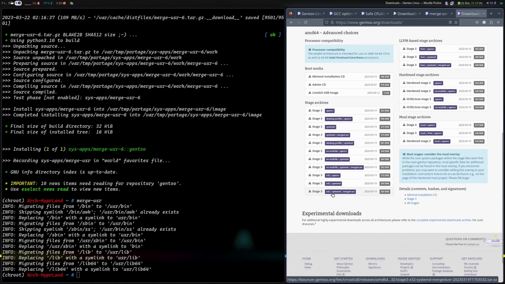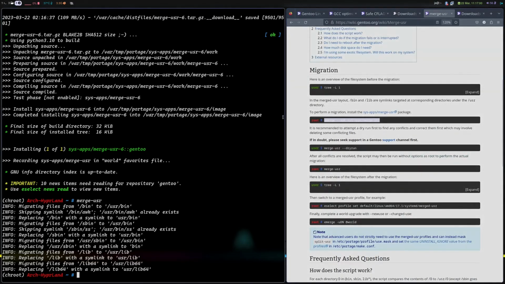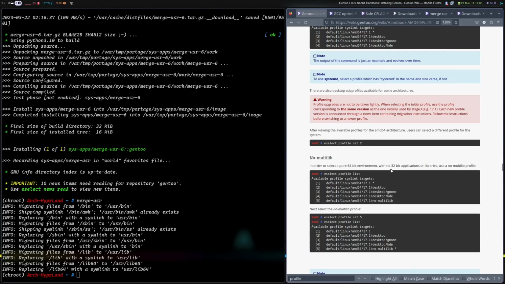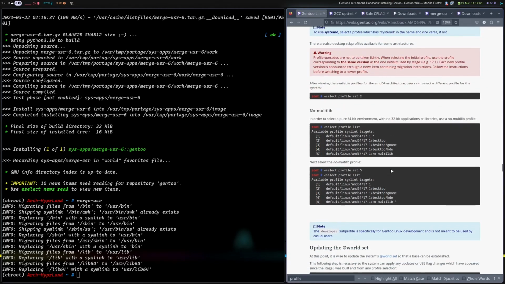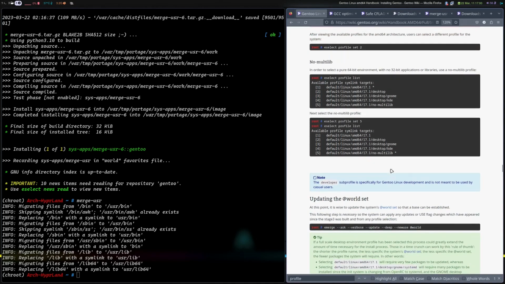So see, it's not the 32-bit. No multilib. Say there is a system for no multilib merged-usr, but there's no desktop profile for the merged-usr. This is too bad. This is one thing I don't like about Gentoo. Their wiki is not really great. Anyway,